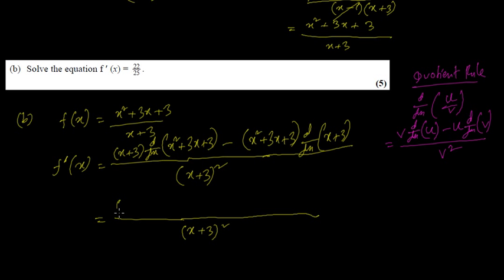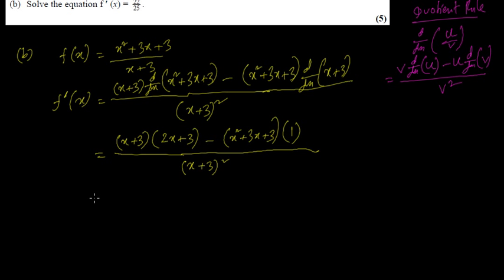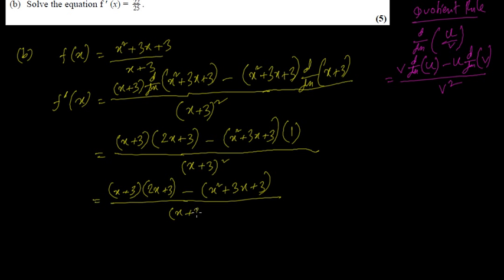Now here this is going to be x plus 3, the derivative of this is going to be twice x plus 3, minus this is going to be x squared plus thrice x plus 3, and the derivative of this is going to be only 1. So we can simplify this by writing this as (x plus 3)(twice x plus 3) minus (x squared plus thrice x plus 3), divided by (x plus 3) whole squared. Now we can